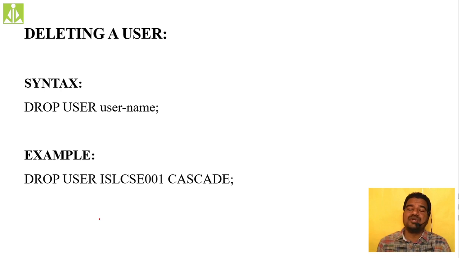As I told you, simply try to make everything easier and flexible for your understanding. If you're not comfortable giving ISL CSE001, or ISL CSE followed by your roll number, as the password, sometimes you type capitals and forget which letter was capital and which was small. Simply give all digits like 1 2 3 4 5 6, like your default administrator. Give a simple password to your user.